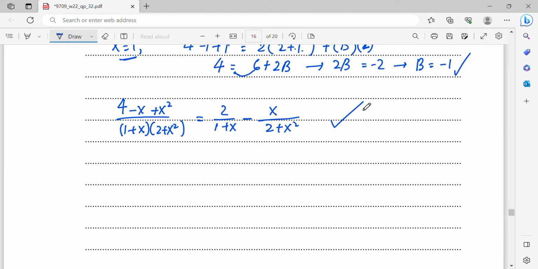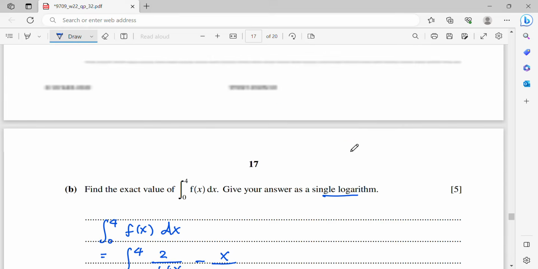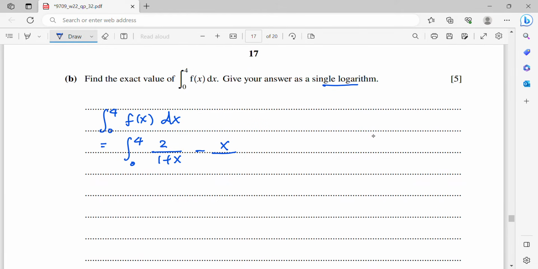So rewrite this: 2 over 1 plus x minus x over 2 plus x squared dx. Alright, so now when we need to integrate the first term, you may factorize the 2, okay, and then